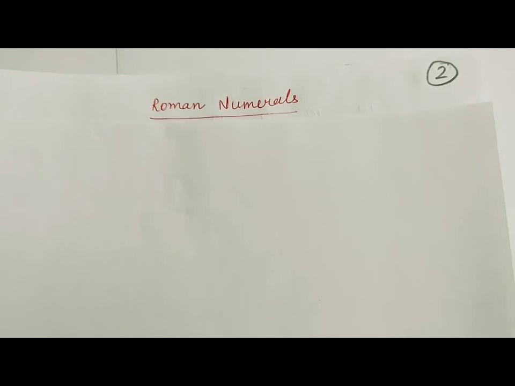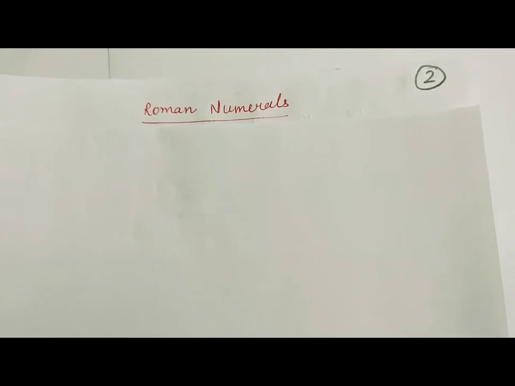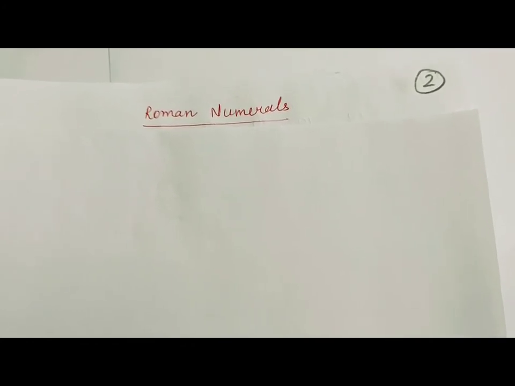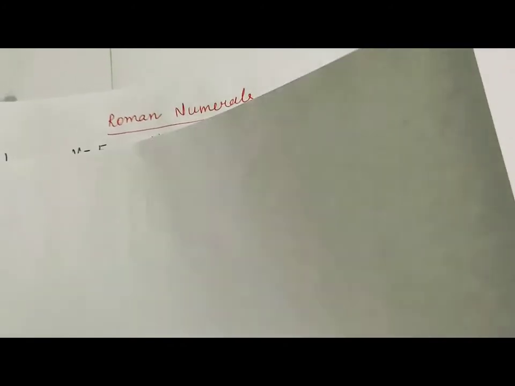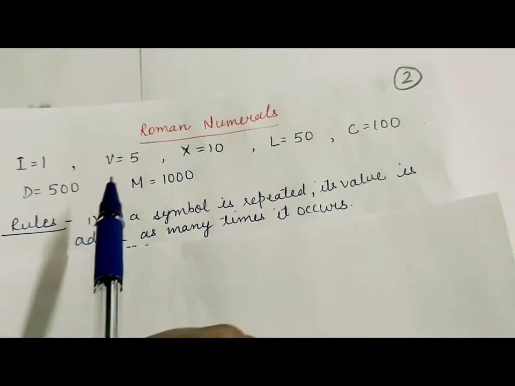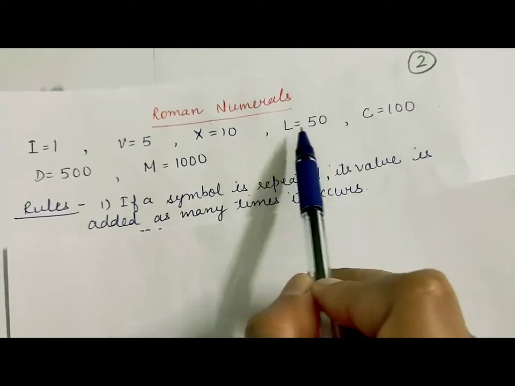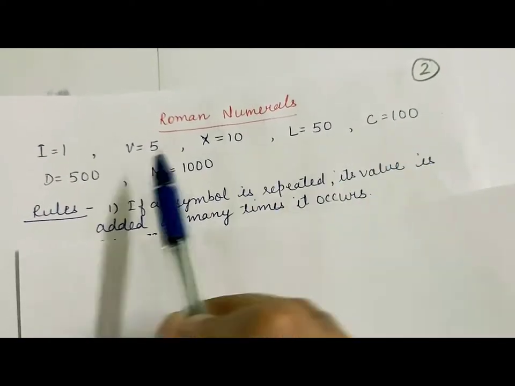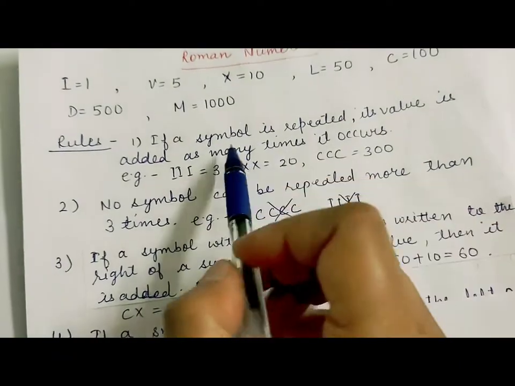Roman numerals are a number system belonging to ancient Rome. It is made up of some letters of the English alphabet. The Romans used 7 letters to show the numbers. Like this: I represents 1, V represents 5, X 10, L 50, C 100, D 500 and M 1000. So let us learn some rules to write these.